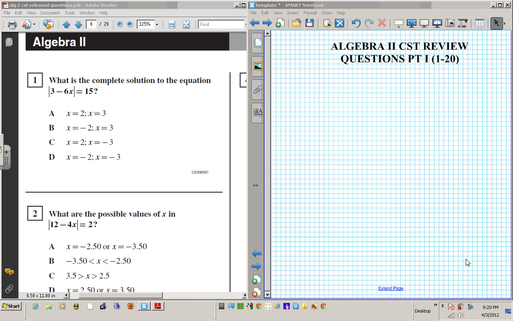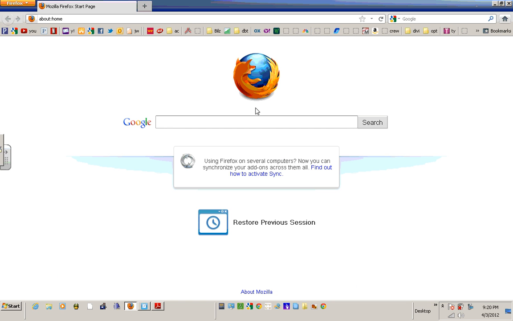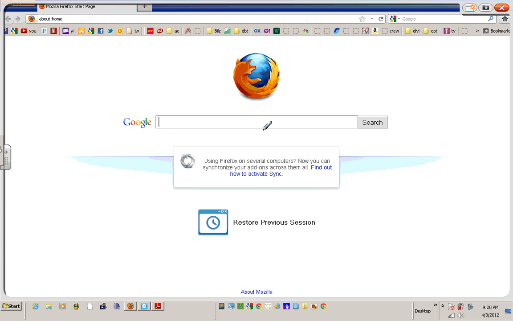Remember that this document is accessible online on the CDE website. Just Google CST review questions and then Algebra 2. You can find it. Let me demo that for you real quick. How to do that? You can go to Google and then just type in